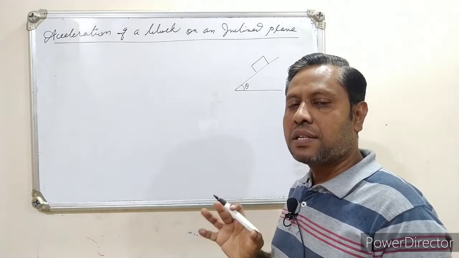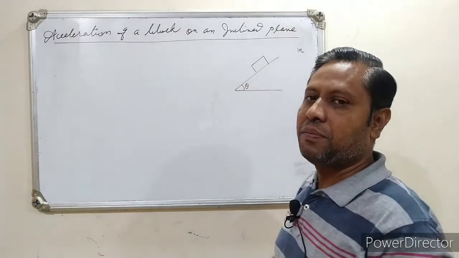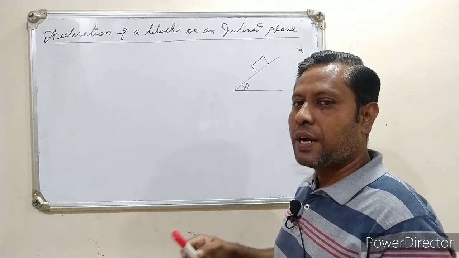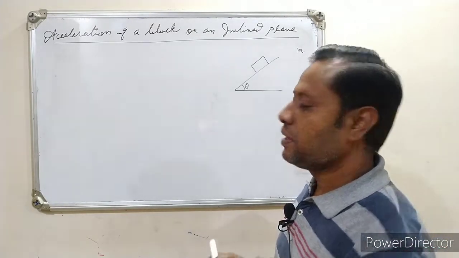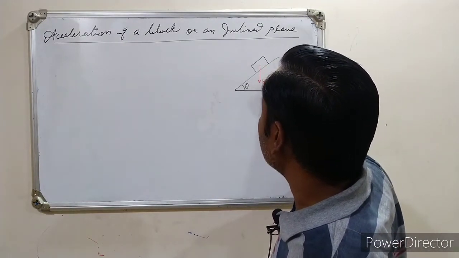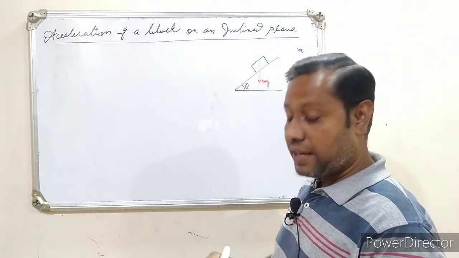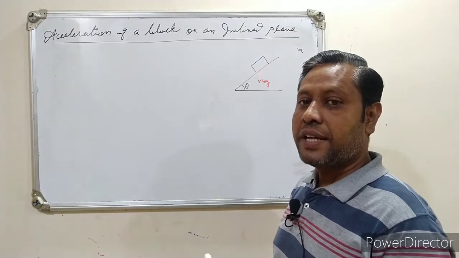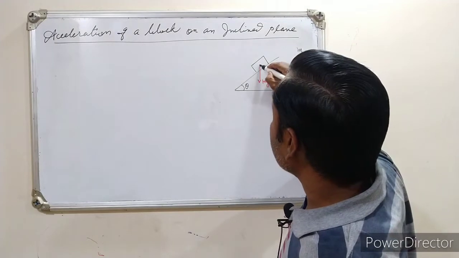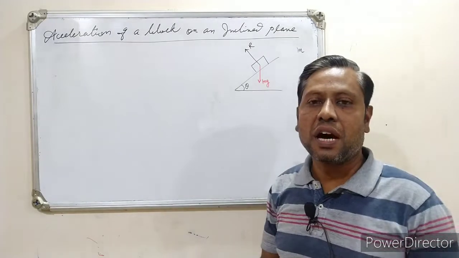Let us say the mass of this block is small m. I am writing it a little bit beside here. You just try to understand. Now first of all we will try to identify the forces which are acting here. The first force is obviously the weight of this block, which is acting vertically downward. And we know that when a body is kept on a surface, the reaction is given by the surface on the body or block. So that reaction force is something like this. I am calling it reaction R.